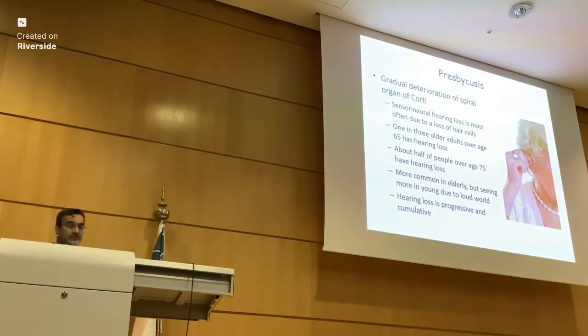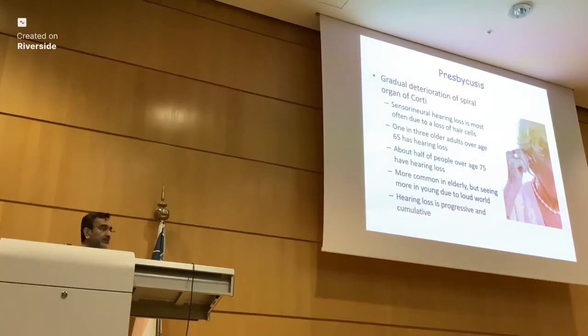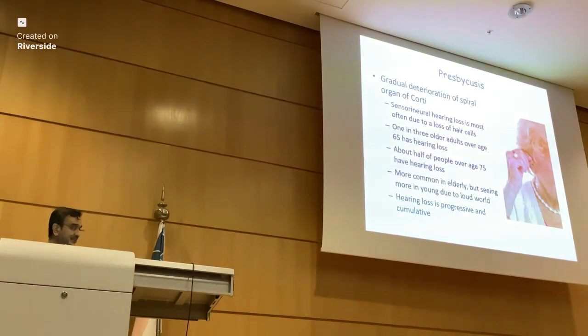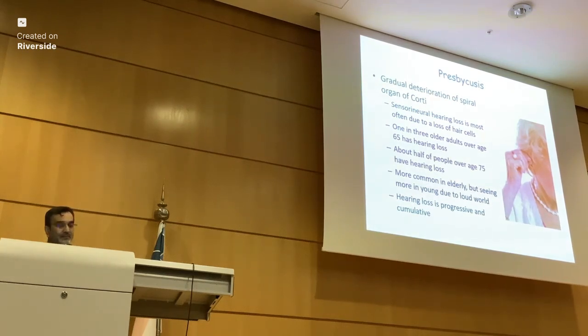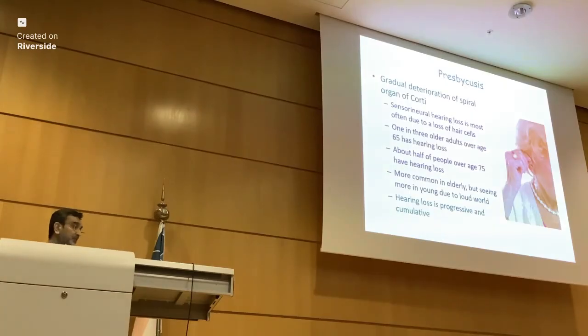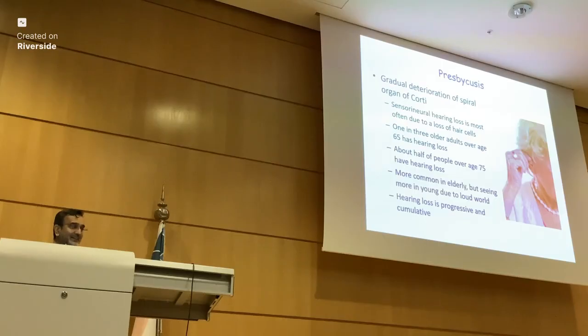Okay, last slide. We have something which is called presbycusis, which is the gradual deterioration by age of the spiral organ of Corti. You lose hair cells as you age, and based on that, your hearing is affected. One in three older adults over the age of 65 has hearing loss, and about half of the people over 75 have hearing loss. You will not have a complete hearing loss, but your hearing gradually declines as you